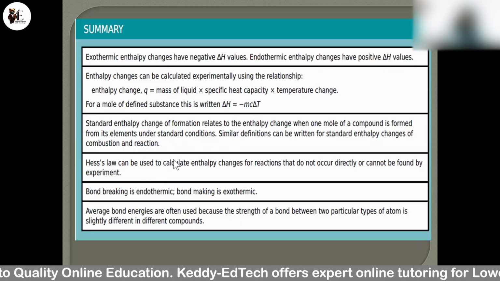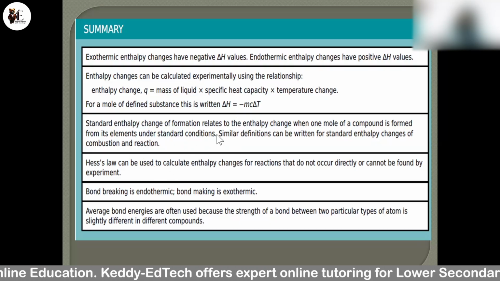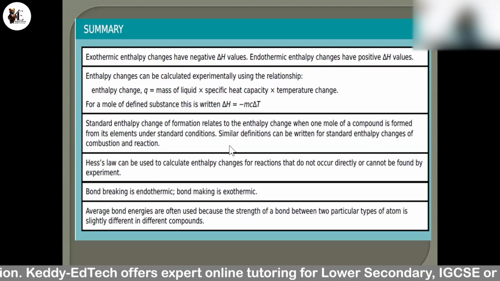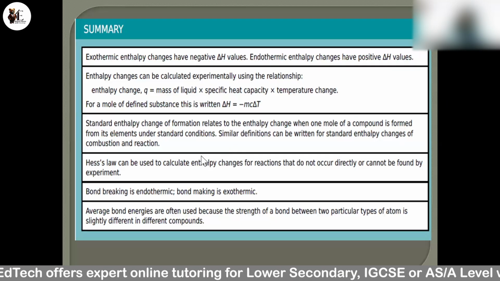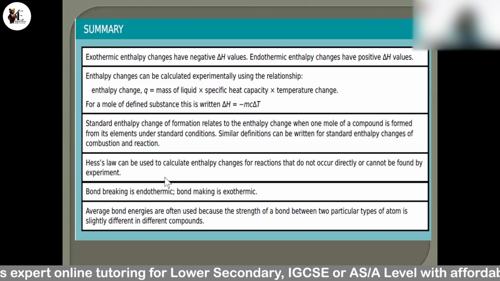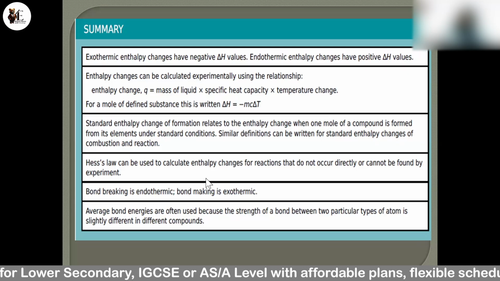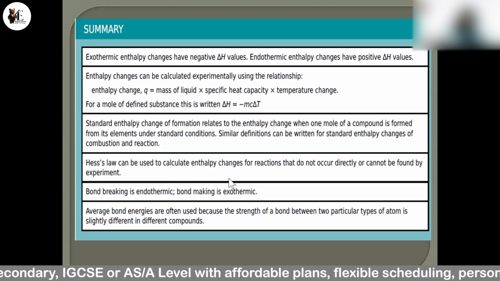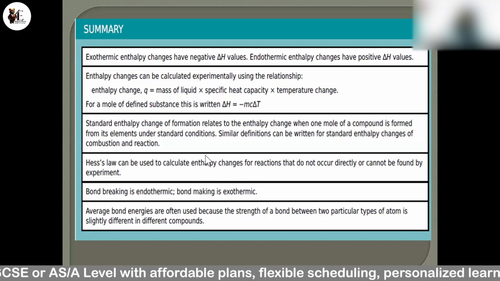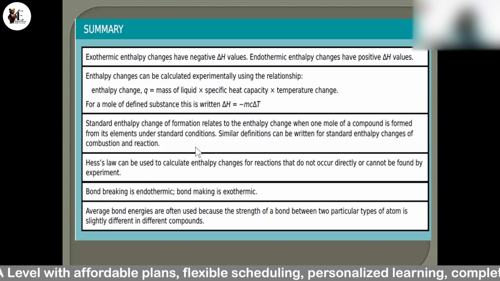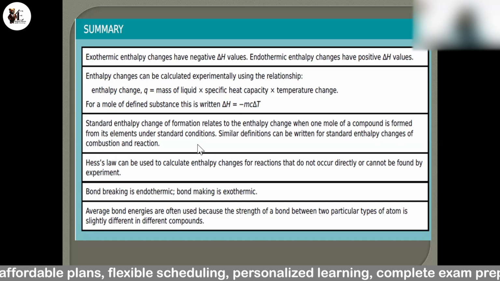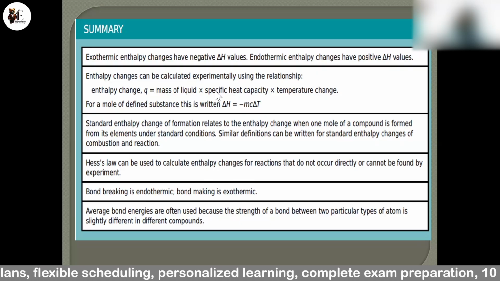Okay. Then Hess law, we use Hess law to calculate enthalpy changes which do not occur directly or which cannot be found out by experiment. Bond breaking is an endothermic process. You should supply energy, and in bond making, energy is released, so it is exothermic. The concept of average bond energy is also important. It is used because the strength of bond between two particular types of atom